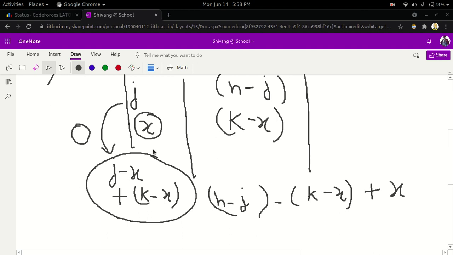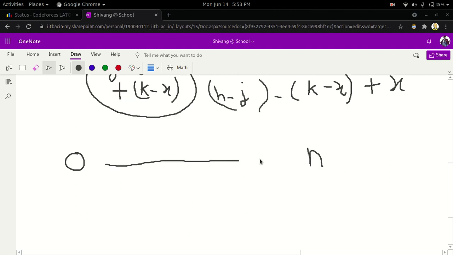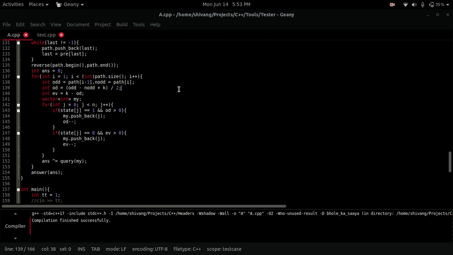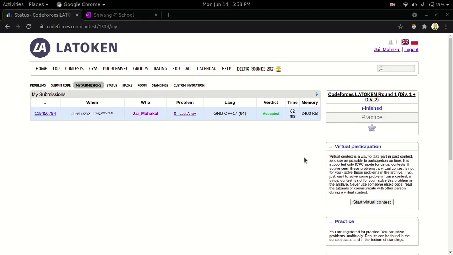And then since we have considered all possible outcomes, we just run a minimum pathfinding algorithm on that graph, and that algorithm will help us get from this state to this state in the minimum number of queries. And then this is how we implemented it, and as you can see, it's accepted. So thank you for watching.